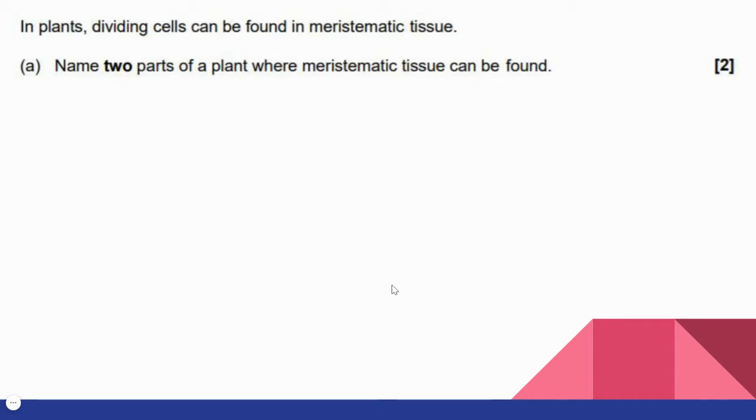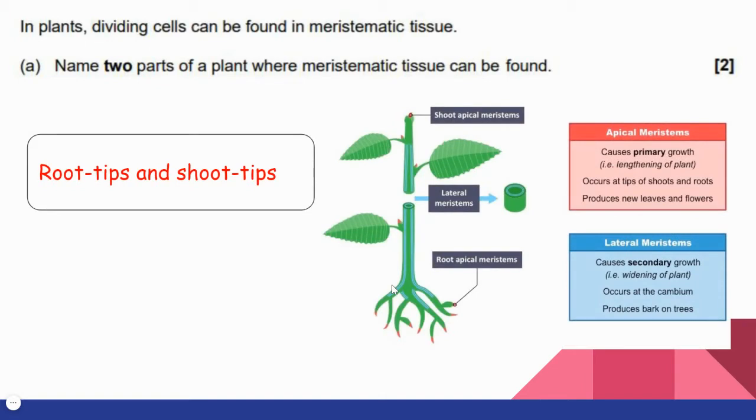And we know that when a plant grows, it has mainly two parts, the root and the shoot. And the root and the shoot tips are the ones which grow very rapidly. So these are the parts who will have the meristematic tissues. So they are called the apical meristem in the shoot and the root tips because they're found in the apex or the tips. And there are lateral meristems also which are found on either sides or surrounding the outer margin of your plant's stems. These are called the lateral meristems.